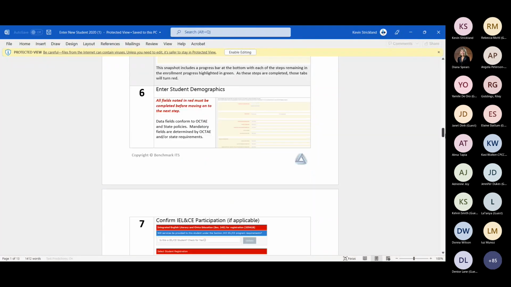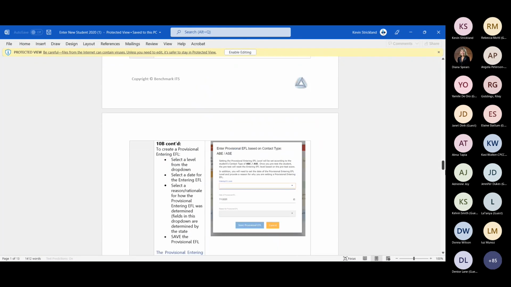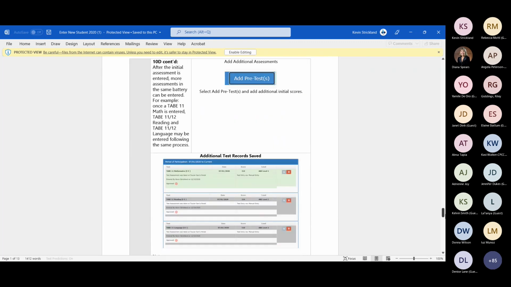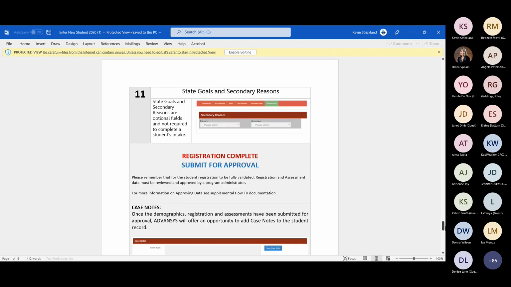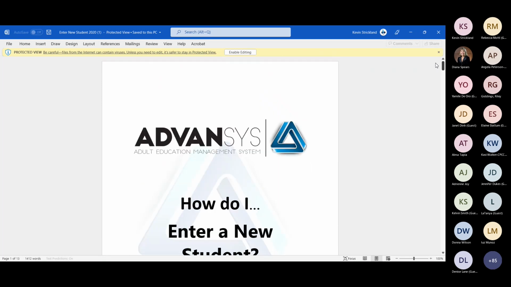So all this information is here. You'll be able to see this information in this document. So if you wanted to have this open to use as a reference, you're welcome to do so. But I'm going to go through all of this process very quickly here today in the next hour. So if you want to go again one more time, you go to support and then downloads,